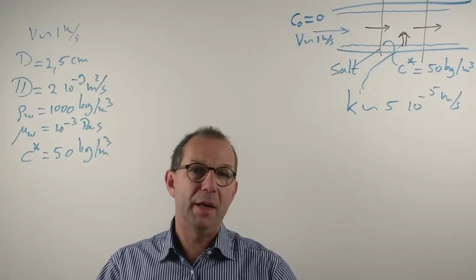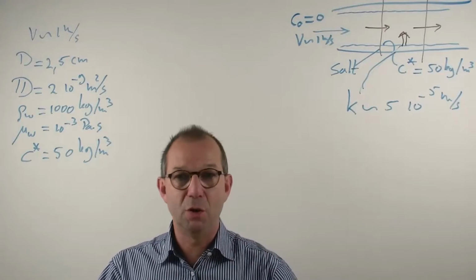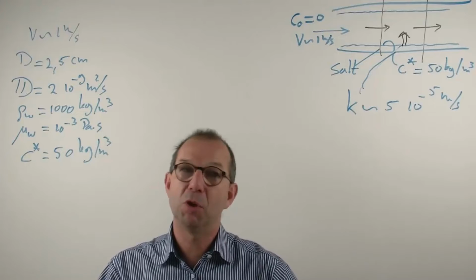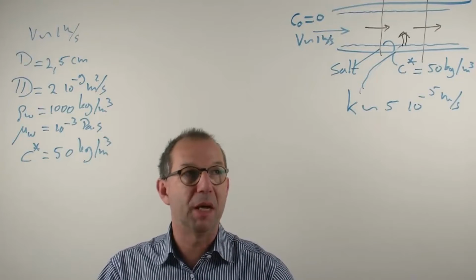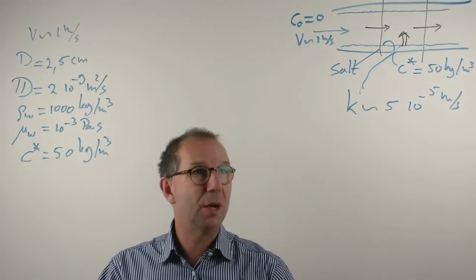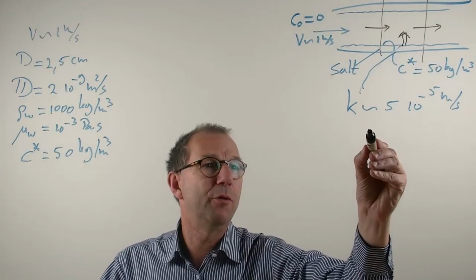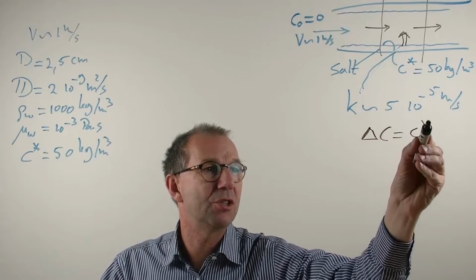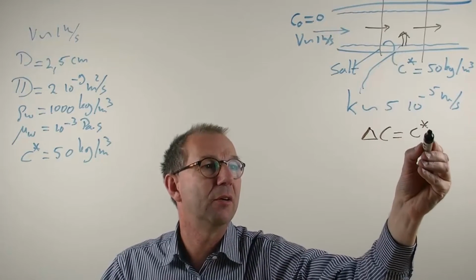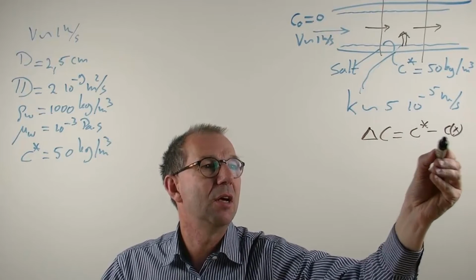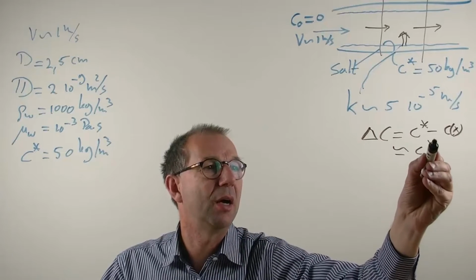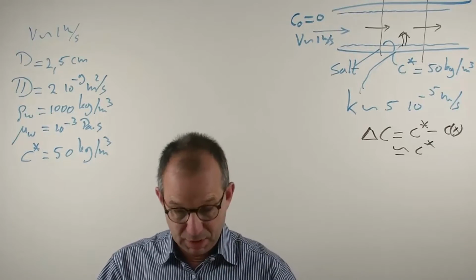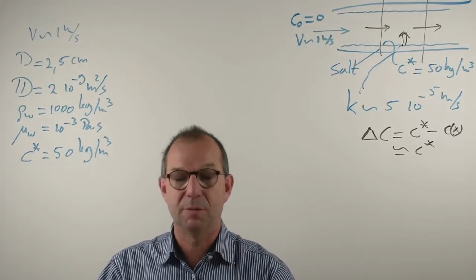Now we're going to try and equate how fast this layer is dissolving, how long I need to flush. And we're going to do that for the first part of the pipe, assuming that our pipe is 10, max 20 meters long. And thus I'm going to use that the driving force delta C for mass transfer, which is by definition C star, the concentration close to the layer, minus C at position X, is by and large C star minus 0. This is still low for the first 10-20 meters, so it's going to be close to C star itself, a constant.